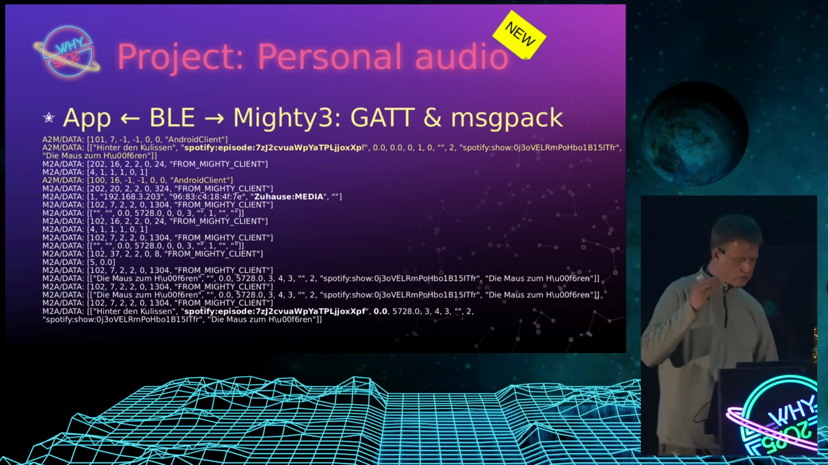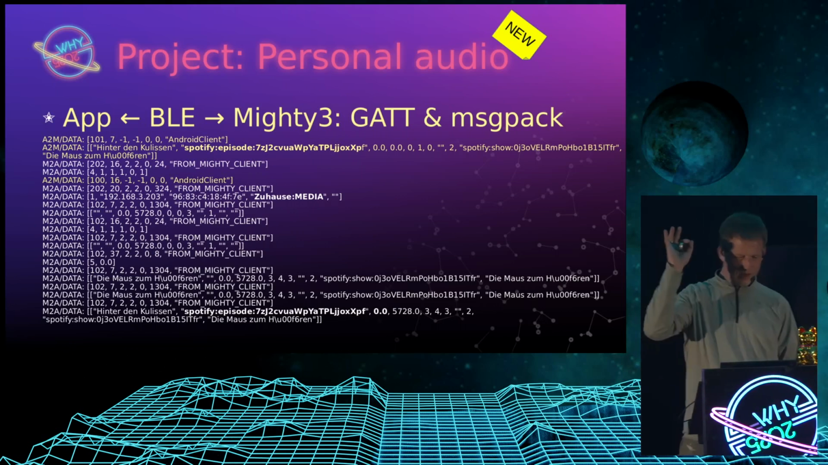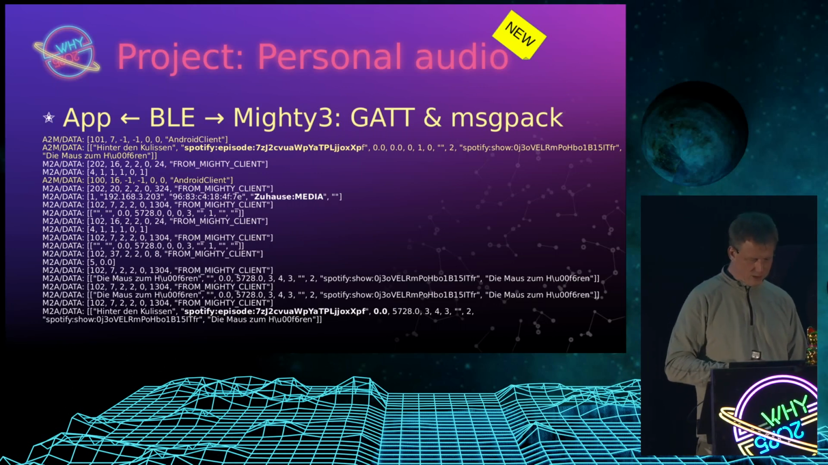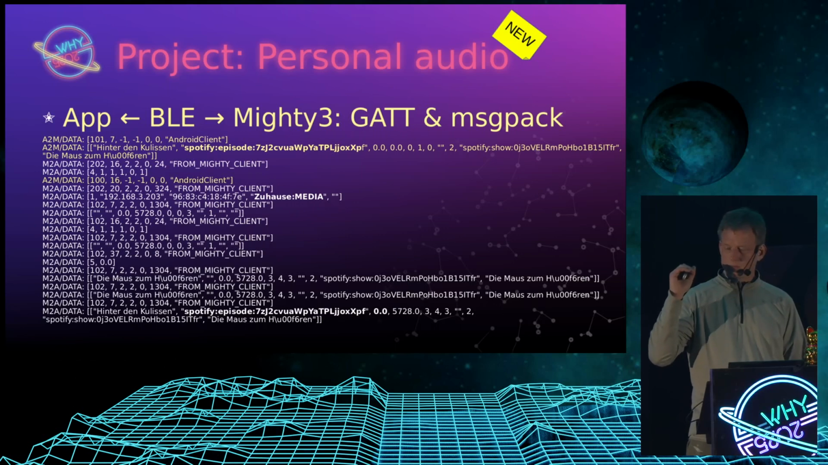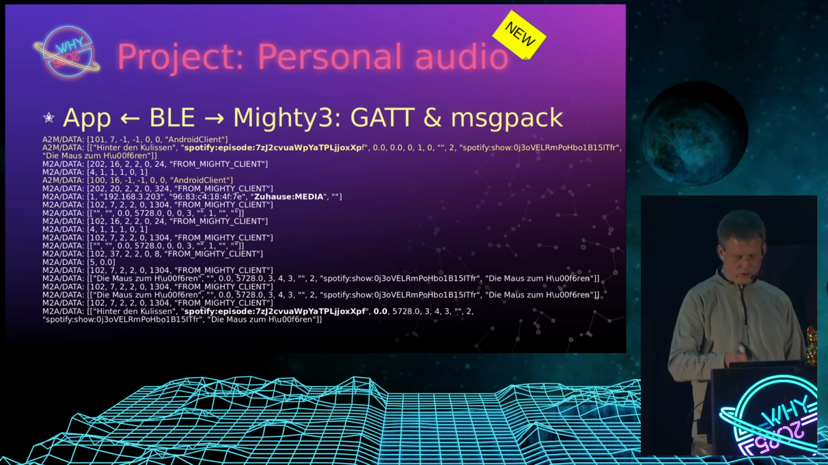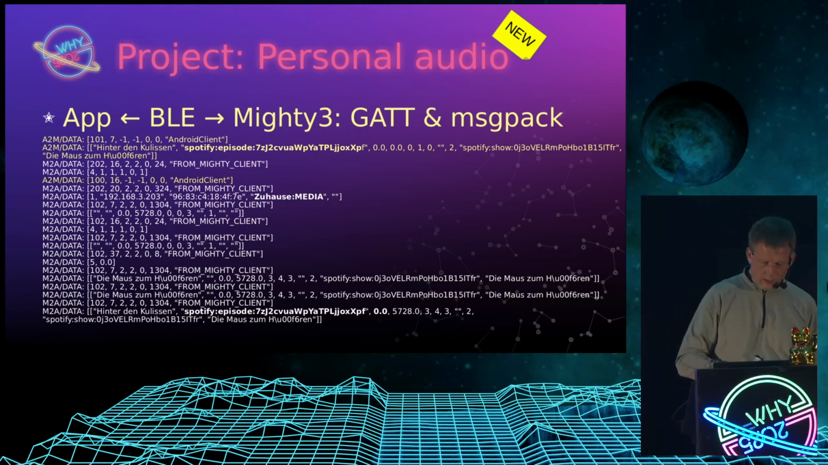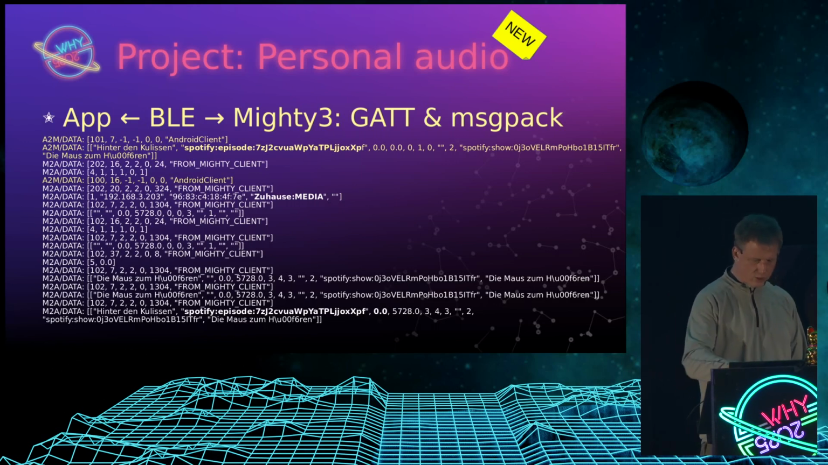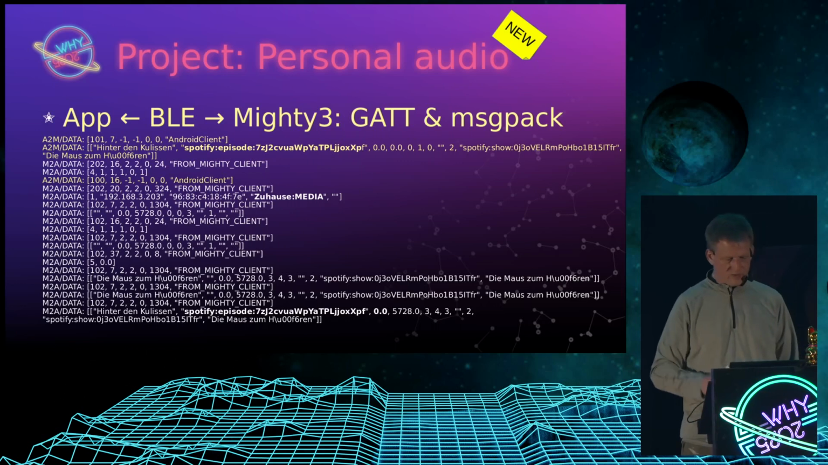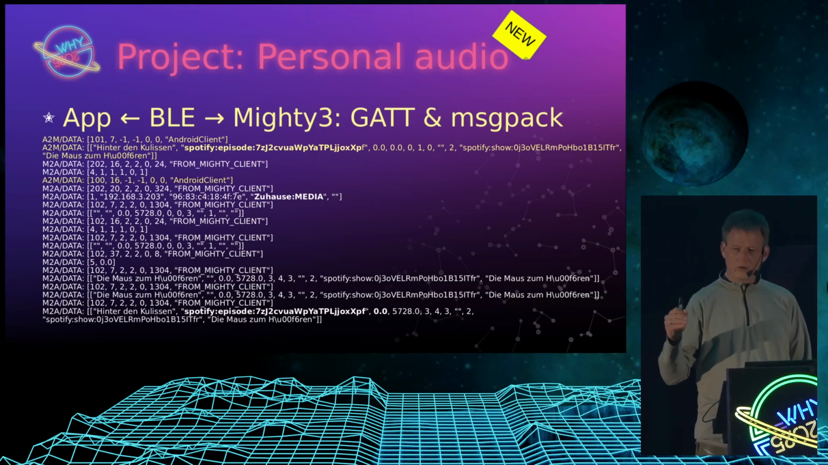So the first line is the app says, hey, I'm the Android client. The next command is, oh, I got a new podcast episode for you, little device. And it's from one of the shows my kids like to listen to. And then in white, the device responds, hey, okay, I'm the mighty client. And what follows then, the long segment towards the bottom, is essentially, okay, I'm connecting to the network, and it's